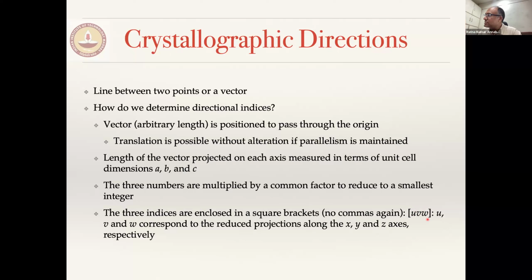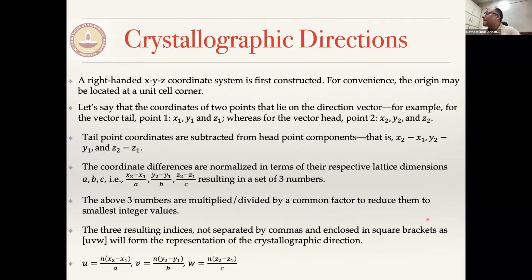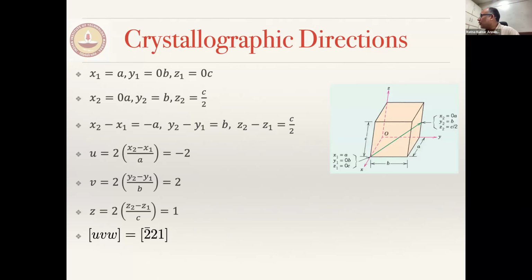Okay. So now let us look at it. This we will understand by doing it. Let us look at this fellow. Let us try to understand the crystallographic representation for this direction vector. Okay, this crystallographic direction. Now,